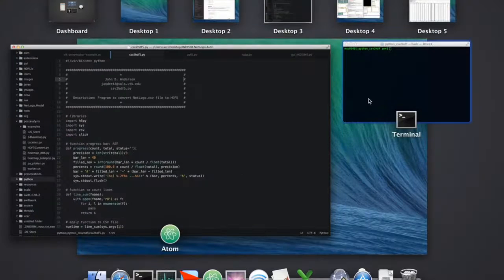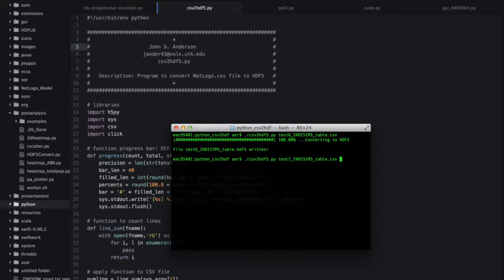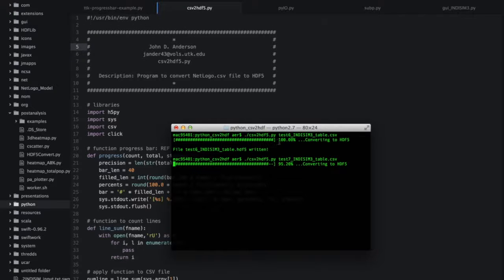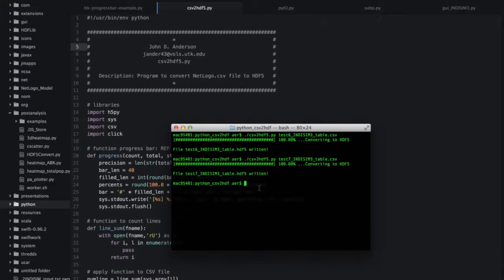So first, let's go ahead and show the conversion program, and then we can talk about the benefits of converting. So I'm just converting some test data that I have. This one, test 6, was 25 simulations, 100 ticks, and recording every tick for every simulation. This was 100 simulations with 100 ticks, same. And then this one, the last one,